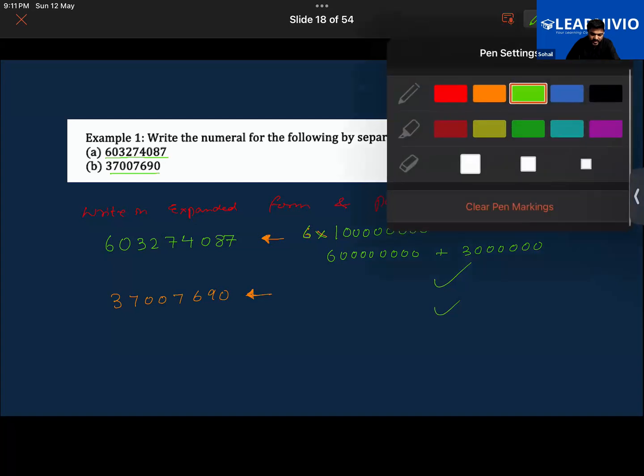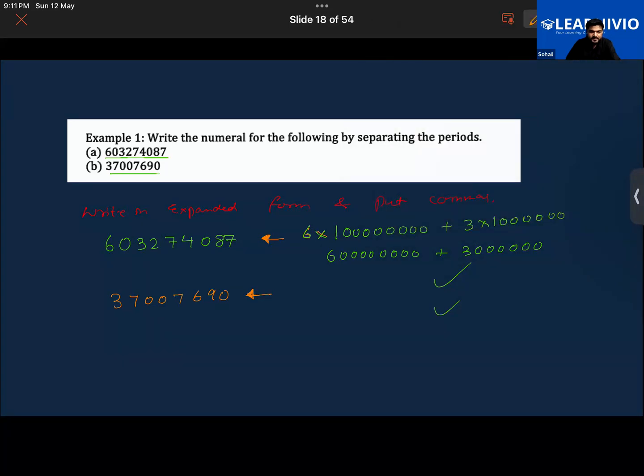Now tell me, where should I be placing the commas? Sumaya, in the first one, where should the comma be placed? After the three digits, before the 7, then after 7, 8, and 0. Habib, you will answer for the second one. Sumaya, you will be answering for the first one. Okay, let's start with Sumaya.